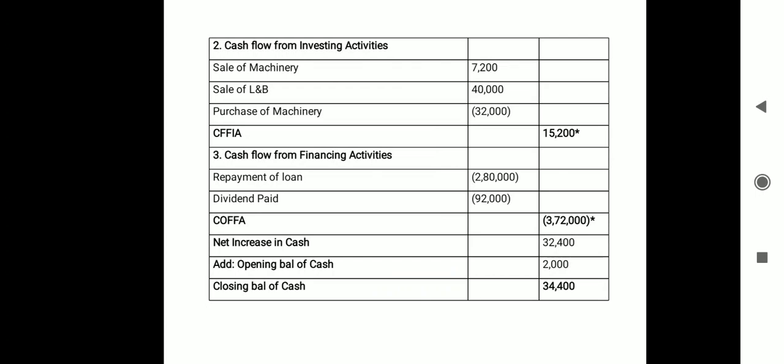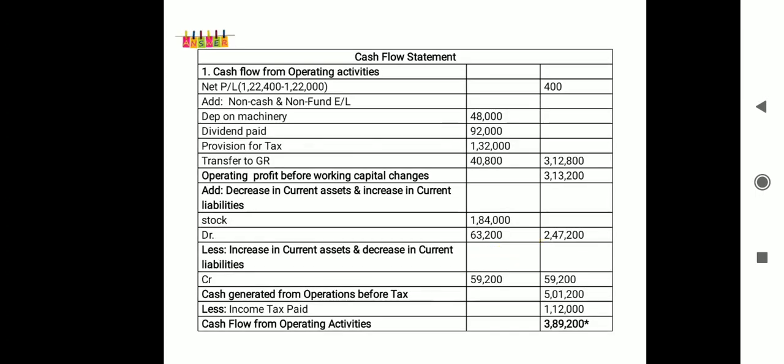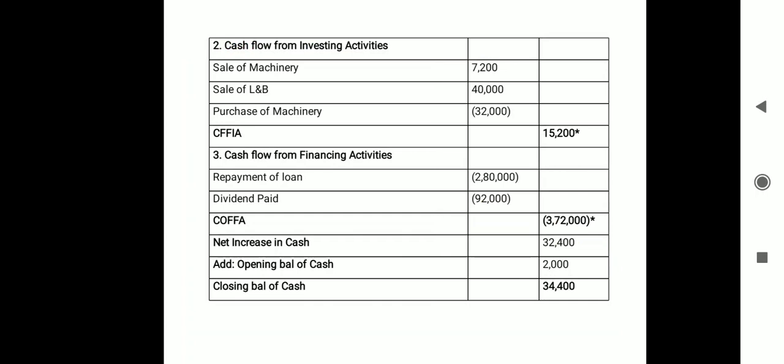Now finally we need to add the amounts of all three main activities: 3,89,200 plus 15,200, and as it is a cash outflow, minus 3,72,000, and then we get the value 32,400. If we get a positive amount, we indicate it as a net increase in cash. So net increase in cash is 32,400, and then we need to add back the opening balance of cash. The opening balance of cash was only 2,000, so adding 2,000 here, we get the closing balance of cash,